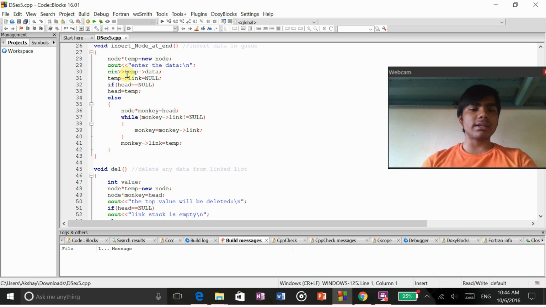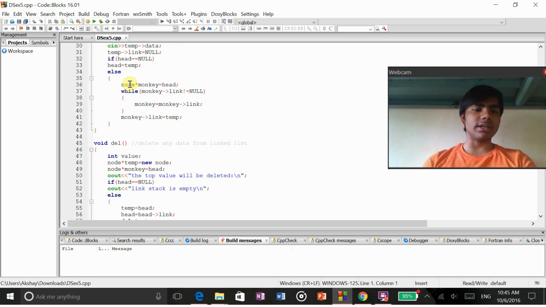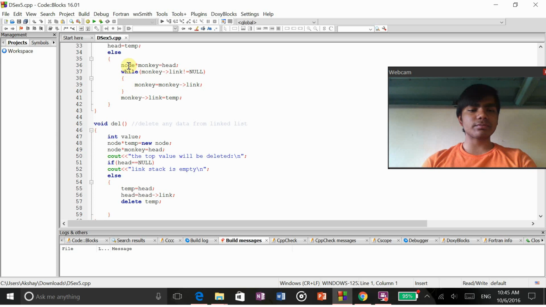Now insertion at the end. What it does is, first we'll create a temp, and then we'll put the data in its data part, then make its link null. As you know, in the end the link should be null, right, because it's not connected to anything else. So if head equals null, then head equals temp. That means we are making the temp the head. Otherwise